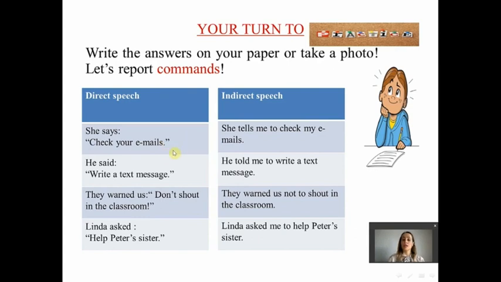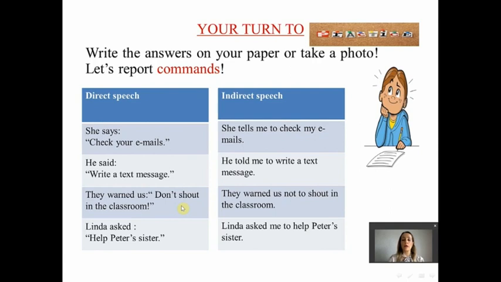Check your emails. She tells me to check my emails. You just put here to check. This your turned into my. Write a text message. He told me to write a text message. Yes, that's right.